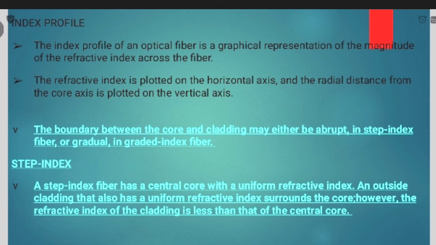This is very fundamental: we should always have the cladding index less than that of the core. The refractive index of the cladding should be less than that of the